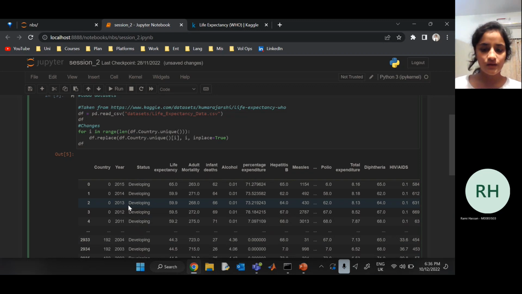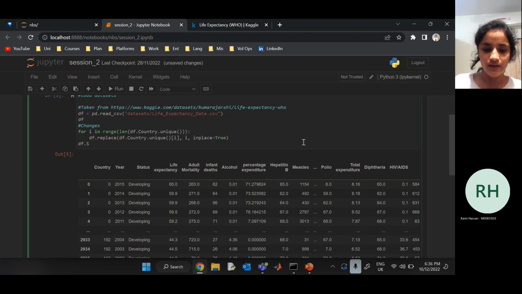Now there's another syntax that you can use. df.status is equal to, and in this bracket, I'm going to mention the condition. So df.status, if this is equal to the string developed, then I'm going to make it 1, .astype int. So I'm putting a condition inside the bracket saying if my status is equal to the string developed, then